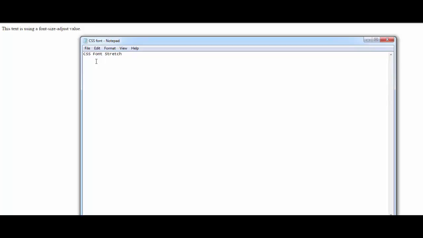What happens here is this property relies on the user's computer to have an expanded or condensed version of the font being used for all possible values. There are many possible values here. For example, you can have a value of normal, wider, narrower,